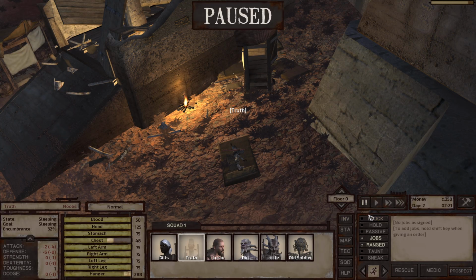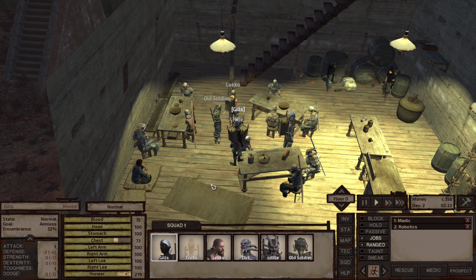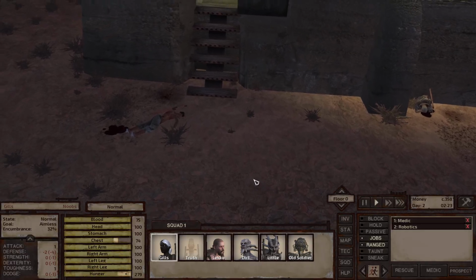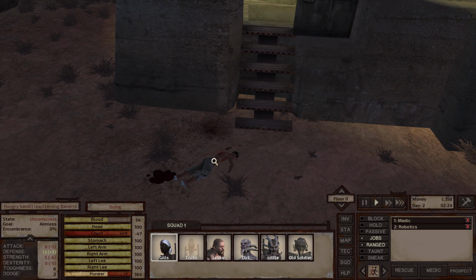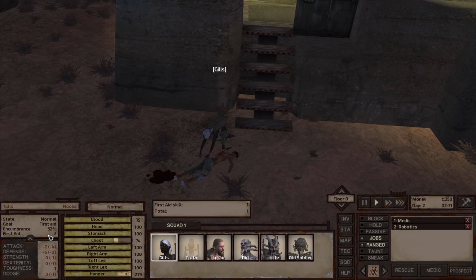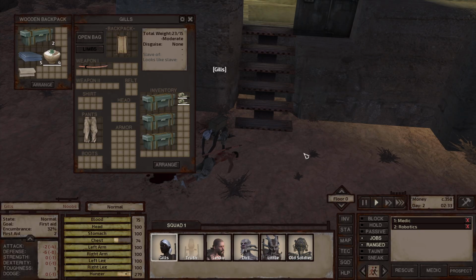And he'll sleep there until he heals up. All right, let's go back to one of our other characters now. We can see these guys have been beaten up. This guy's dying. All right, so I could go heal this guy up. We can go and do first aid. And she is only level 1. Now she's level 2. As she's doing this, she is gaining